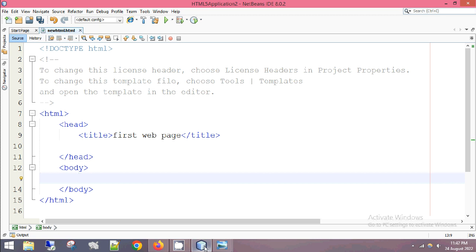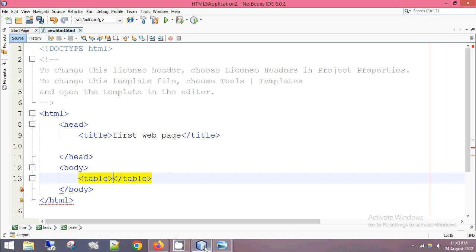So whenever we have to create a row in a table, we have to use a tag that is known as tr, and whenever we have to define the table cell, we will be using a td tag, and to define the header cell we will be using the th. One by one we will be learning about all of them when we will be writing the code over here. So let's start. In order to create a table, you have to use the table tag, which is